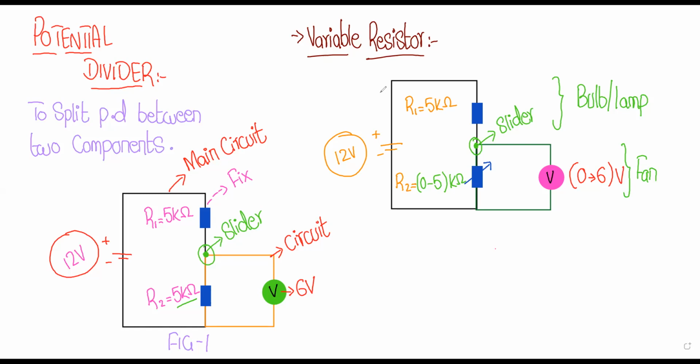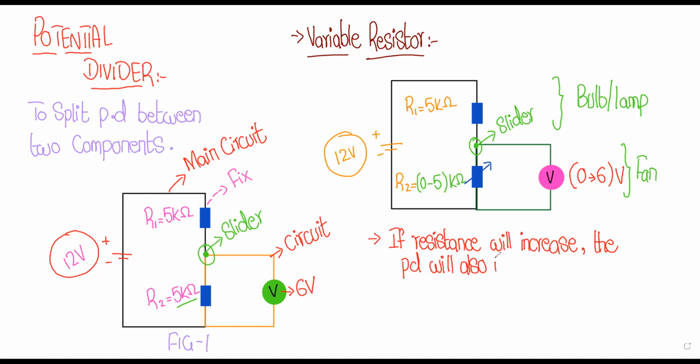So finally, we can conclude that if we talk about the resistance and voltage, we can write that if resistance increases, then by increasing the resistance, the potential difference will also increase, right? Because the main purpose of resistance is to